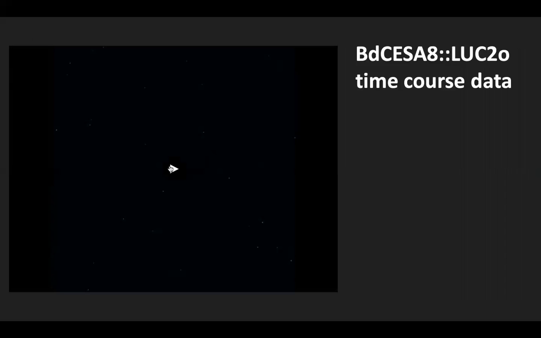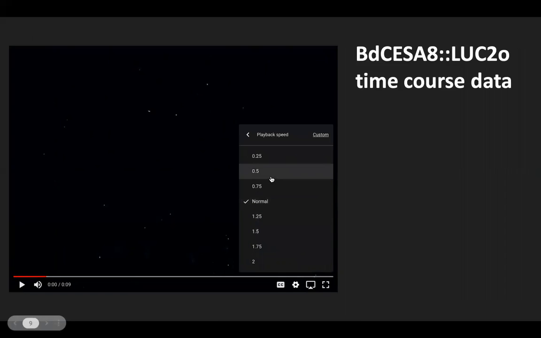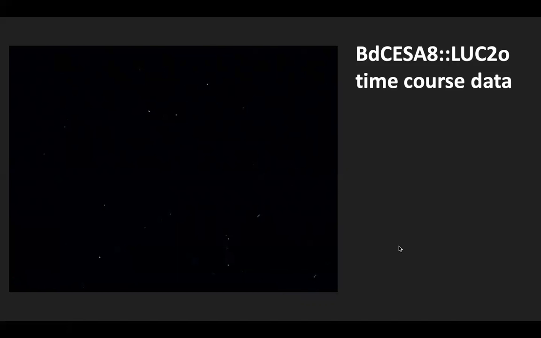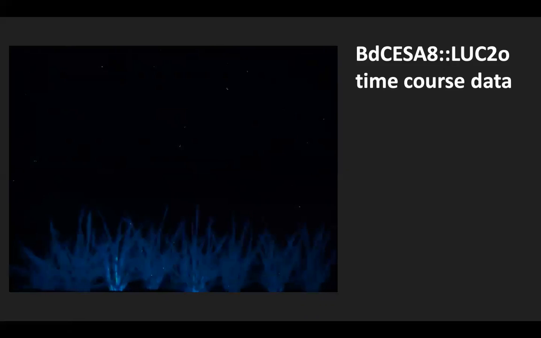So from these images, we were able to compile this video, which basically just shows what we have come up with so far. I'm going to slow it down so it's a bit easier to see CESA8 expression throughout. So these are when the plants are very young and still growing. We can see that we have some CESA8 expression, but as they start to grow more leaves and really elongate